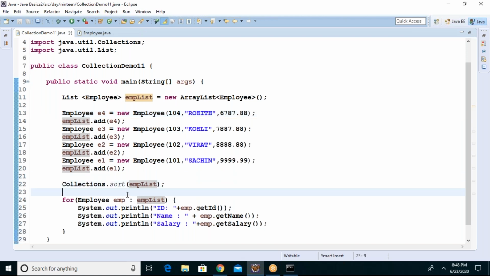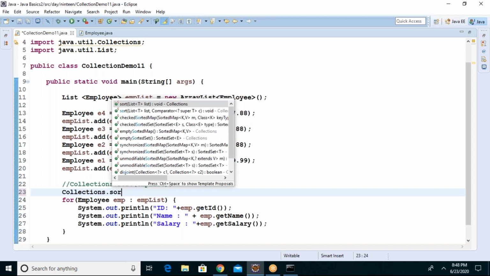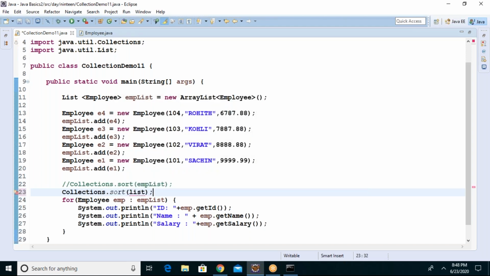Okay, now in the same program, let me keep this, as well as I want multiple options. I want to sort with salary also. Boss, I want two options to be there: sort by salary or sort by ID. Sort by ID, anyhow I already made it the default. Now my intention is, with the Collections.sort method, I want to use it for sorting with salary, for example.